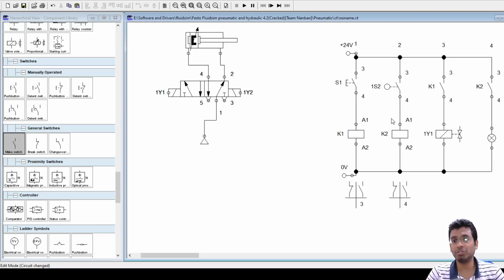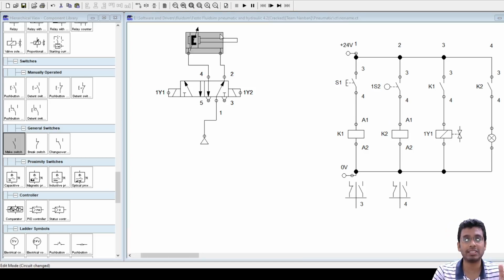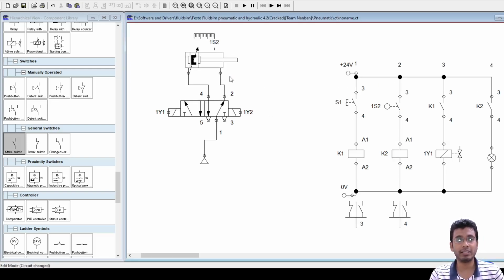Good. Why? Because with this input, you have to actuate some output, right? Suppose my 1S2 is here, and this S2 is linked to this roller valve. Whenever my cylinder extends, this 1S2 is actuated. And when this 1S2 is actuated, my K2 relay is there, and with that K2 relay I am actuating my output, any output. That means all your sensors, all your limit switches, all your pressure switches are actually your input devices.